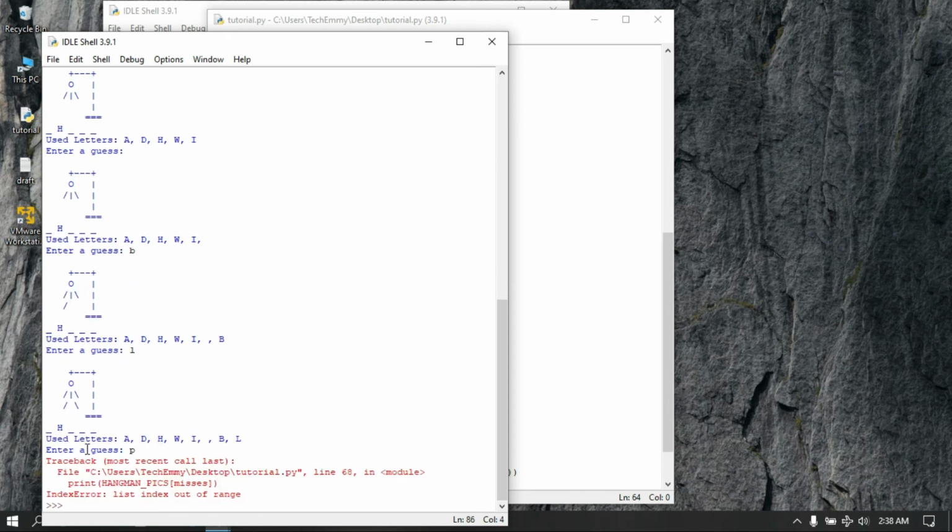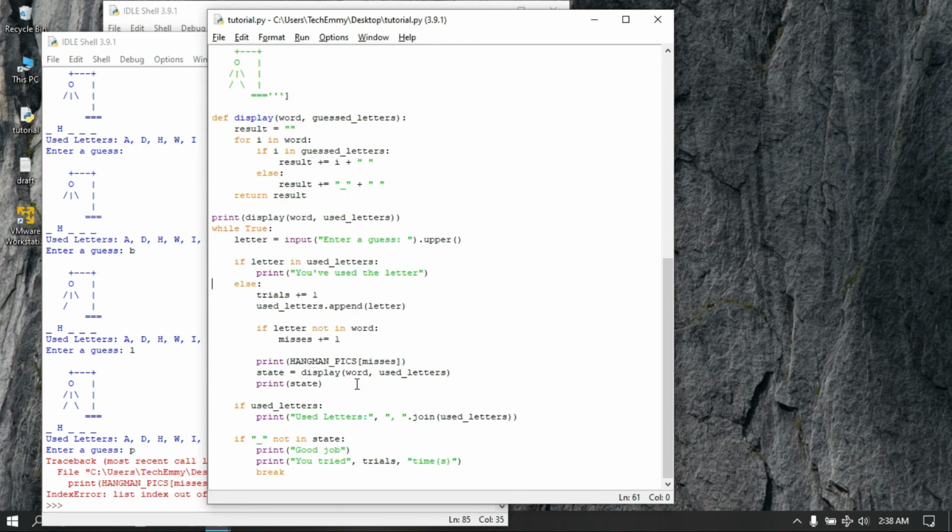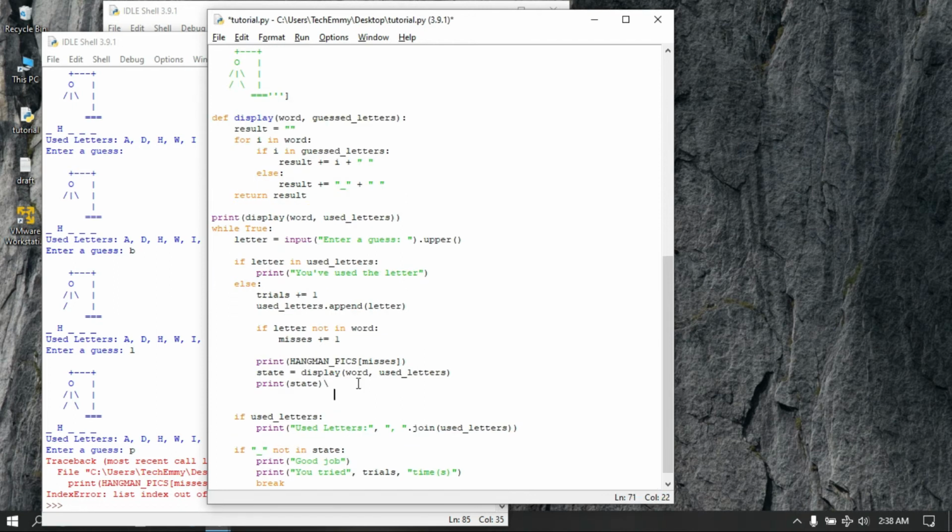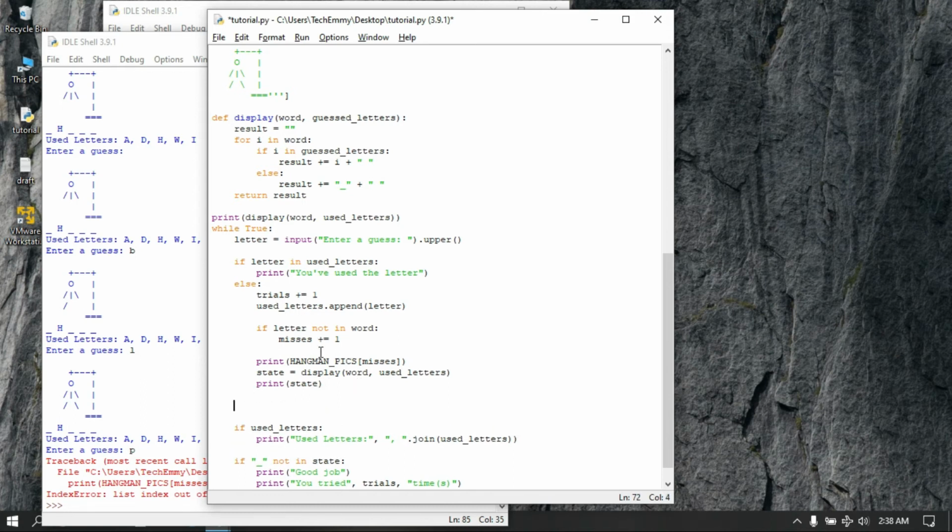Okay, so now what do we do to make sure this doesn't happen? We don't get an index error, our loop doesn't run out. So what we're gonna do is come down here after this. After we've added 1 to it, then we're gonna check. Let's assume this is the last part, then we're gonna add 1 to it. Remember, this is what we're using as an index in this list. So what we want to do is check